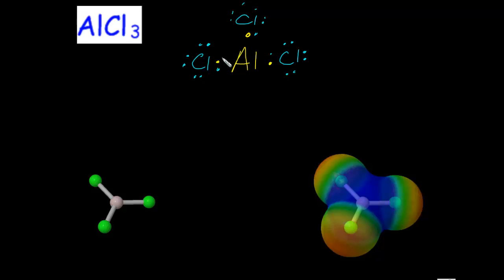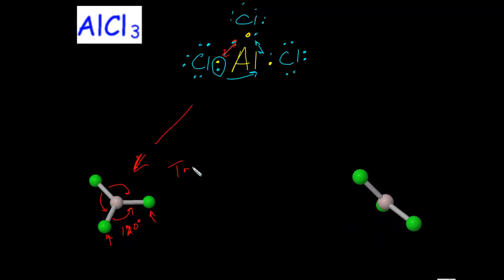Again, if we look in 2D space, these pairs of electrons are going to push away from each other in all directions, so we get great repulsion between each pair. What we get is a molecule that looks something like this. This one's laying a little bit on its side, because in actuality the angles are all the same all the way around. If the atom on the outside is equal to this atom, all those angles are 120 degrees. Okay, and this is called trigonal